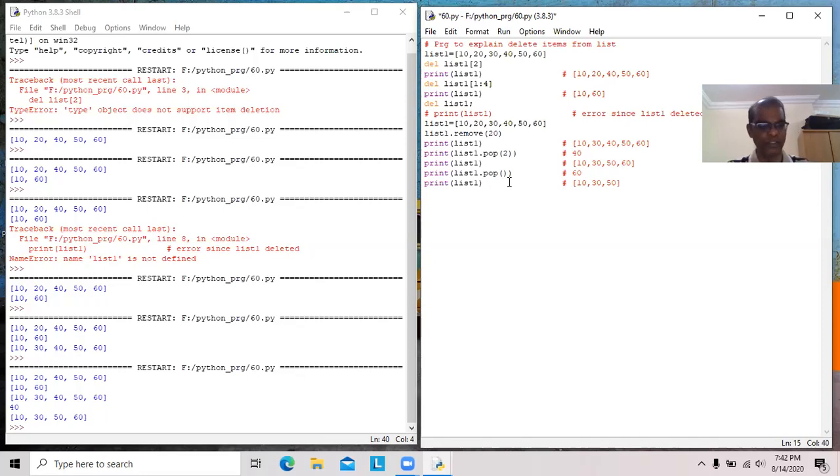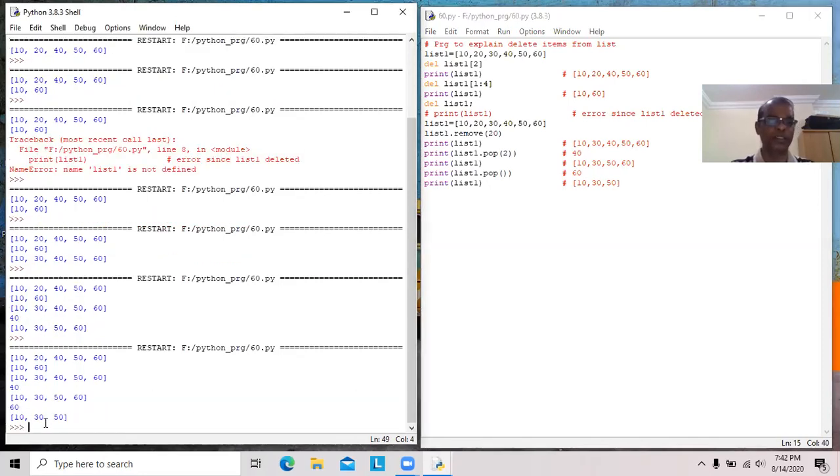That's all we will see here. From this program, we can understand del is used to delete a single item as well as more than one item as well as the whole list variable itself. Whereas with the help of remove, we can delete only one element at a time.